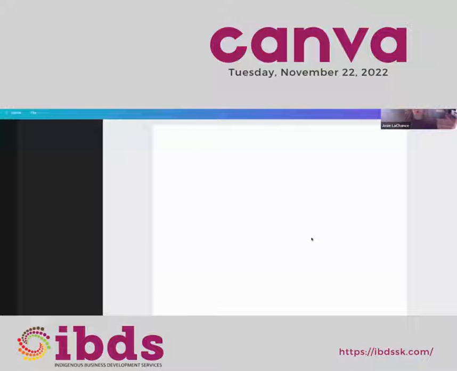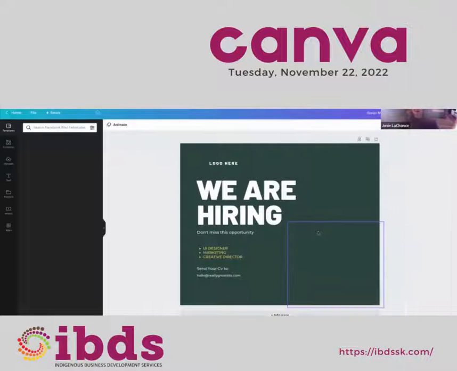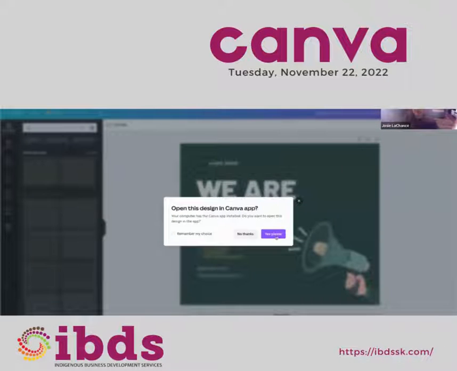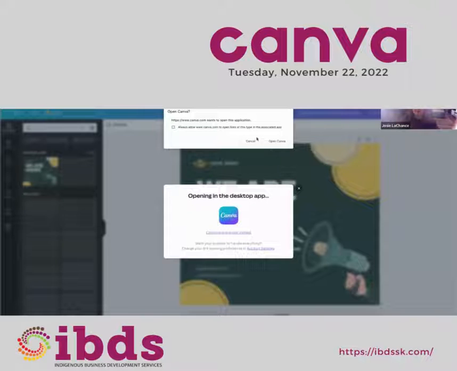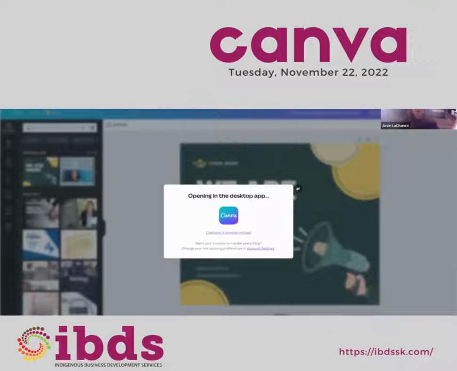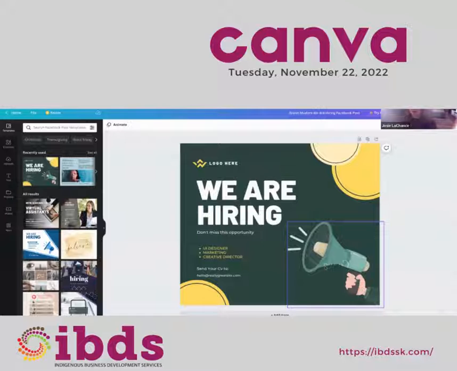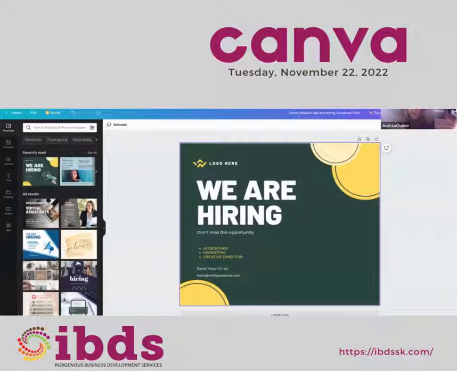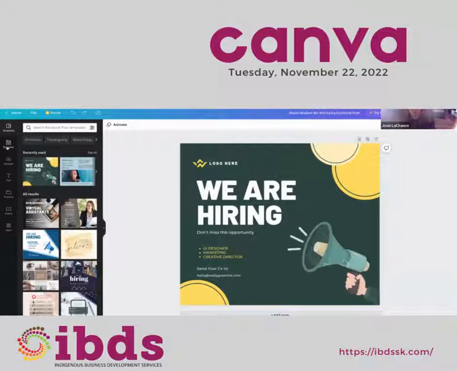And then there will be a watermark on the item that is paid for. So here it's this megaphone with the arm. I can just simply delete it, and I can find something else to put there.